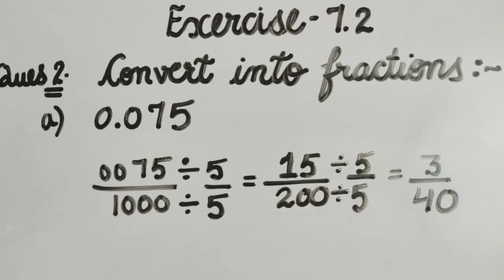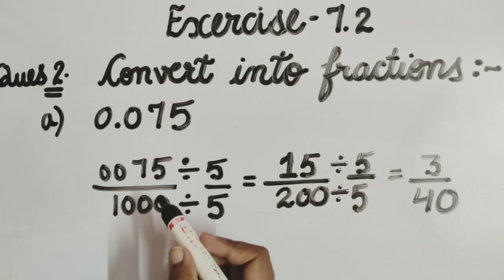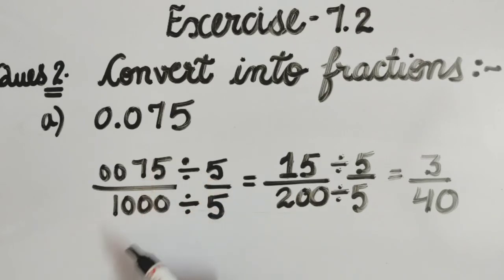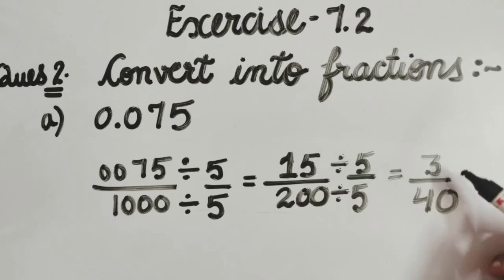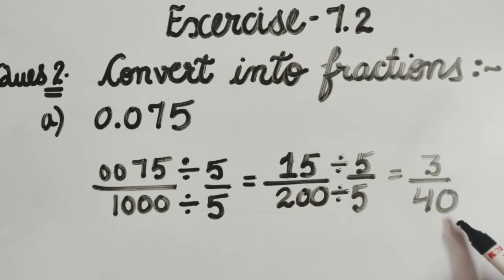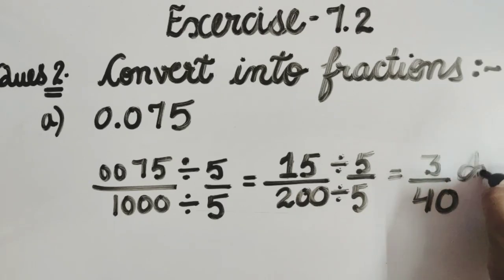Students, now check. With the earlier method, by finding the HCF and dividing the numerator and denominator, we got the answer 3 by 40. And with this second method, in which we recognize by which table both numerator and denominator can be divided, we also got the same answer 3 by 40. So you can go for any method which you like. Now once again check 3 and 40. Is there any table in which both are coming or both are divisible properly? No. So this is my final answer.